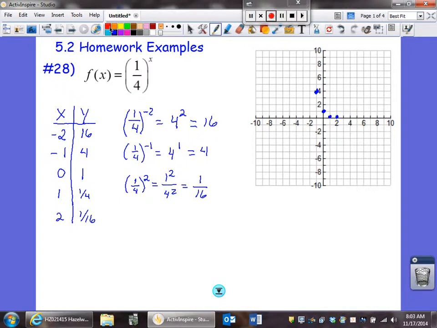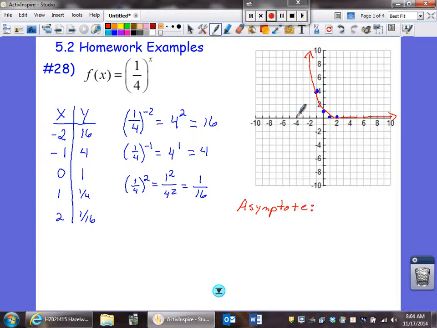So I'm going to go ahead and change colors here just to give you an idea of what this picture looks like. It's coming down. It's curving through these points, and it will never, never, never reach the x-axis. Okay? All right. Since we have a few more questions to answer, let's go ahead and answer the question about the asymptote to the graph. Okay? The asymptote to this graph